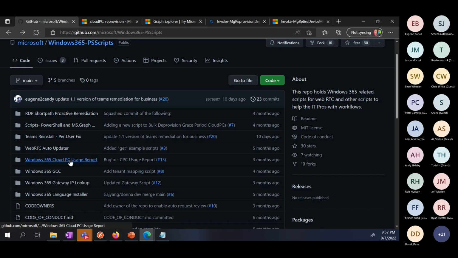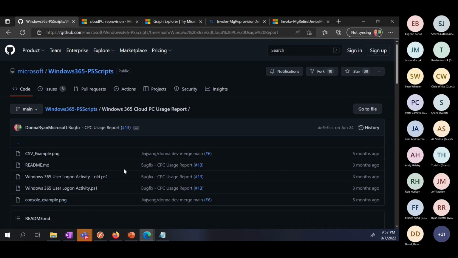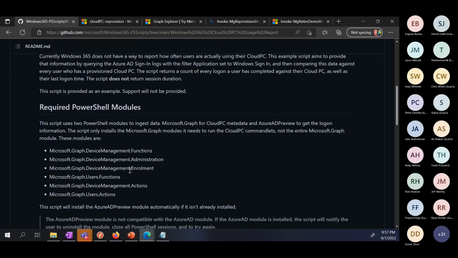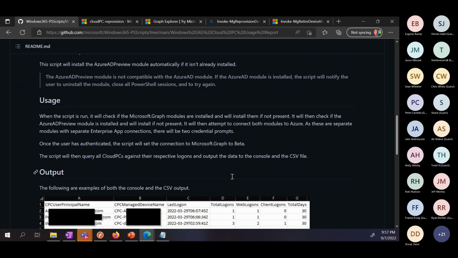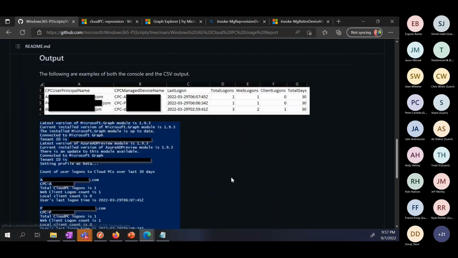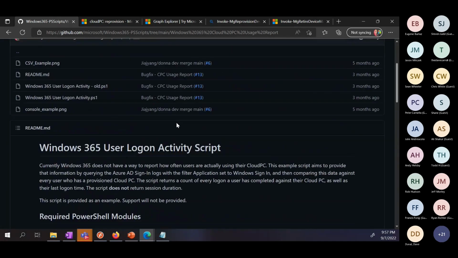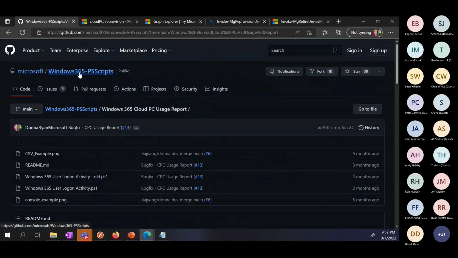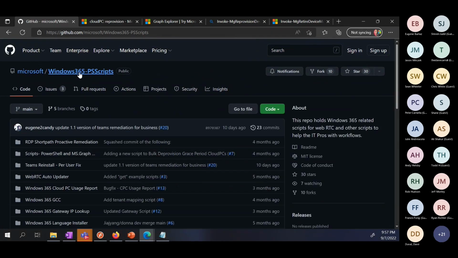Here's the cloud usage report one. Because we had customers. Go ahead. Is this really the repo that we should be going to gather some more information about trying to manage the Windows 365 from PowerShell and stuff? Yeah, it's mostly going to be, yes, it's a good starting point. Are there any of the good other resources that you can recommend?